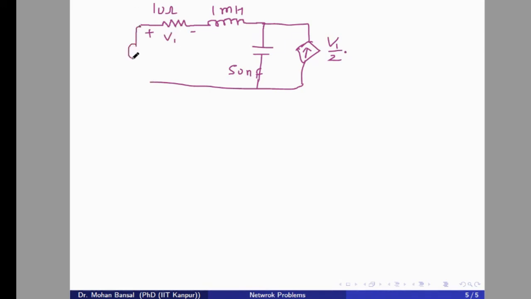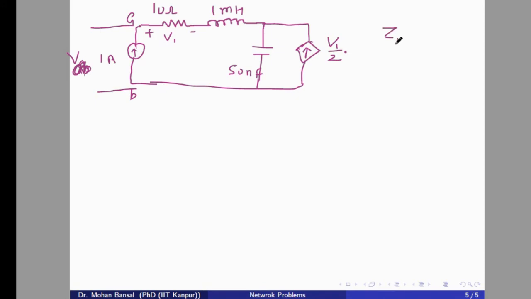In such case, we will consider one current source of 1 ampere, and we'll find out the voltage across this terminal VTH. That will be the VTH or VAB. We'll consider one voltage across this terminal. Let us consider this is the A and this is the B. Across the current source of 1 ampere, voltage is VAB.